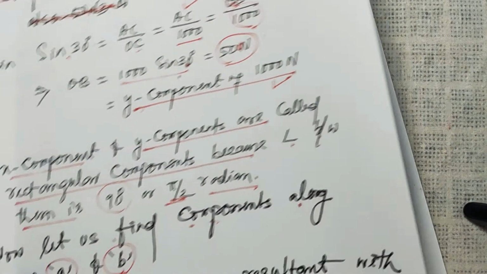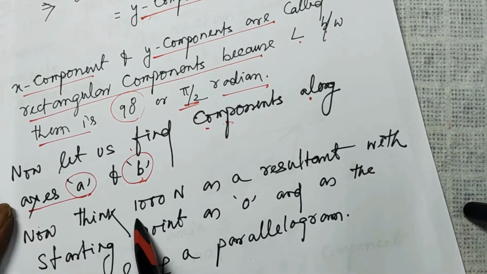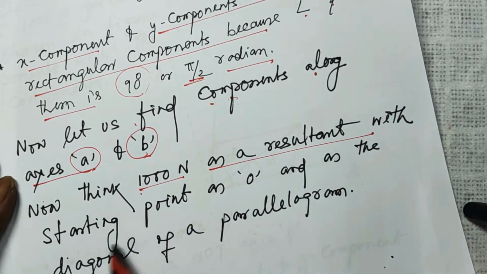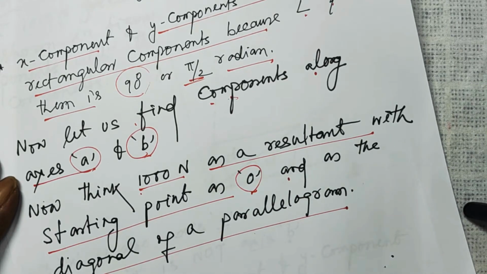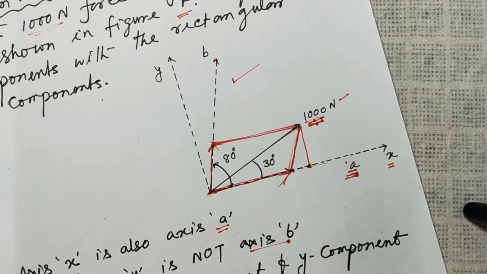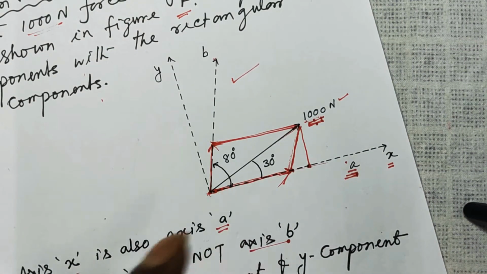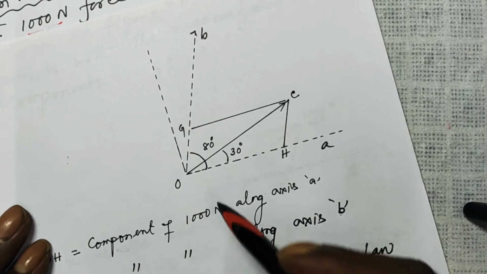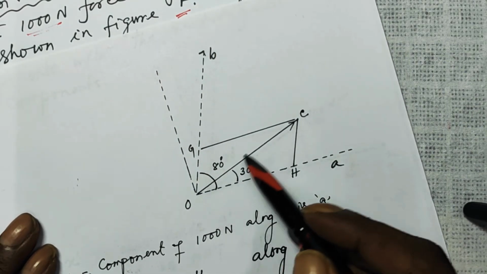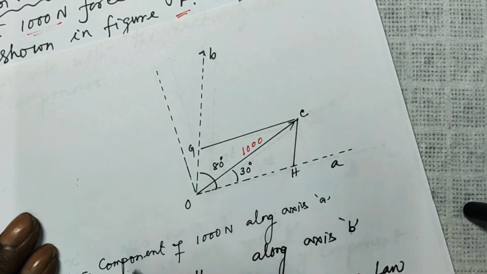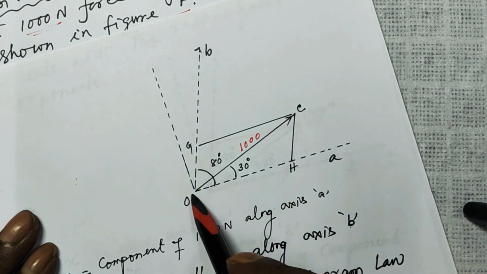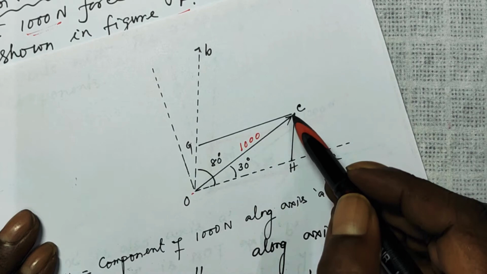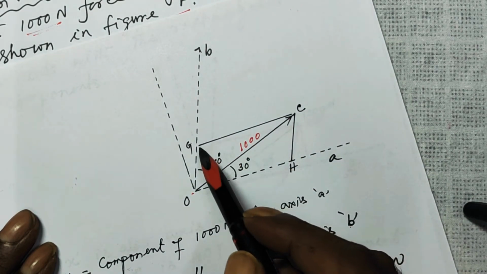So that is what I am saying. Now think of 1000 Newton as a resultant with starting point O and as the diagonal of a parallelogram. That is what I am going to do in the next phase. Just what I explained, I have redrawn it for you. So this is your OC, which is given as 1000 Newton. Considering this as the resultant, a line is drawn parallel to axis A and another line is drawn parallel to axis B. So we get this parallelogram